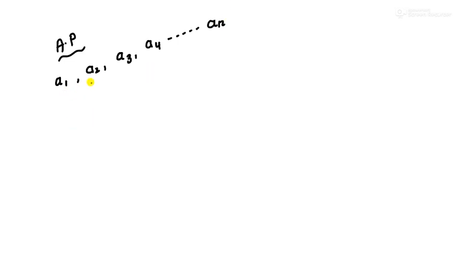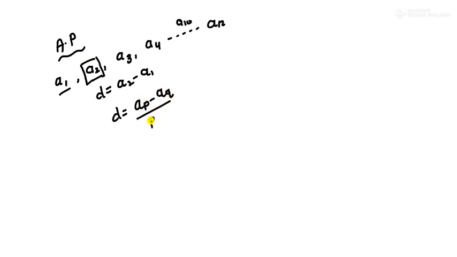So how can you say that the given progression is AP? If the common difference is the same, that is d. How do we find this? We have two formulas: A2 minus A1, or it can also be written as A3 minus A2 or A4 minus A3. Or there is another formula when they have given in-between terms, like this term and another like A10 is given. Then you can use (AP minus AQ) divided by (P minus Q). For example, if A10 and A2 are given, divide by 10 minus 2, like this you can find.